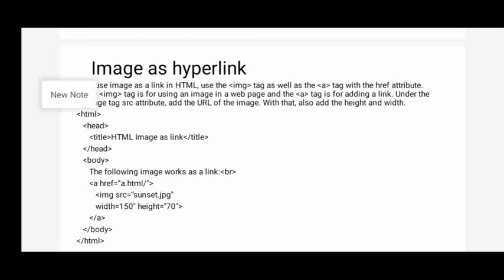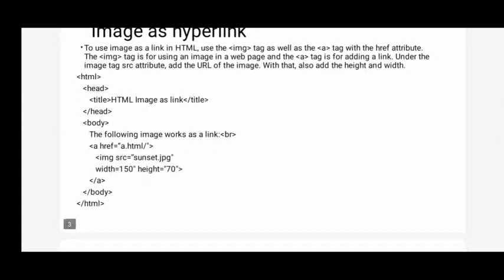Now, as usual, you see the example program. Here I have given HTML. Next, inside the HTML I have given a head. Inside the head I have given the title tag, HTML image as a link. You can give any title, you won't get any error. Title is the user's wish, the user can give any name. Next, close the title, close the head, come to the body tag. Inside the body tag,